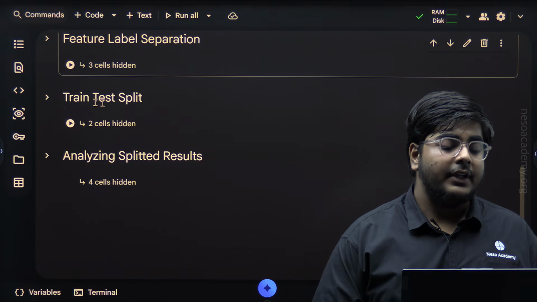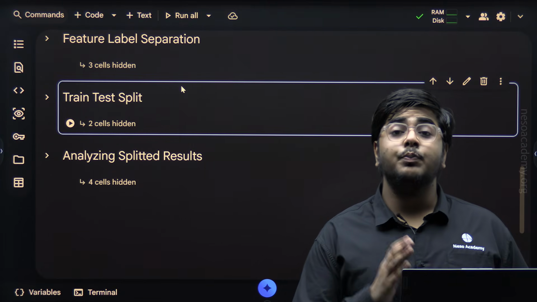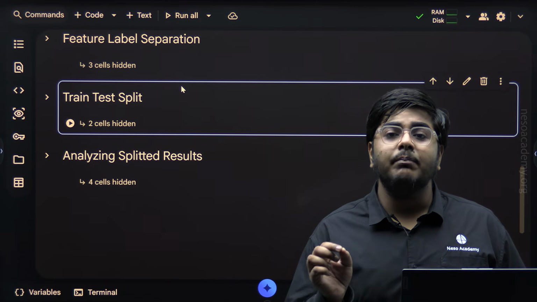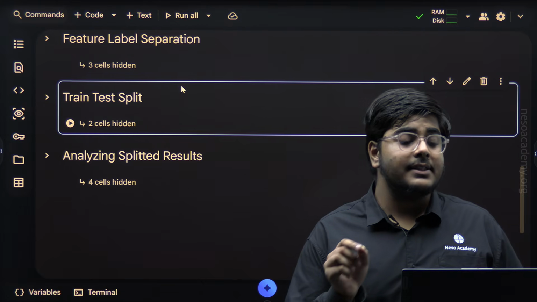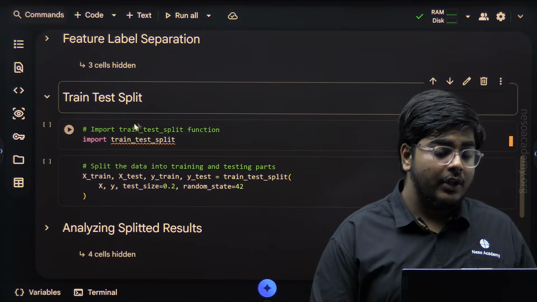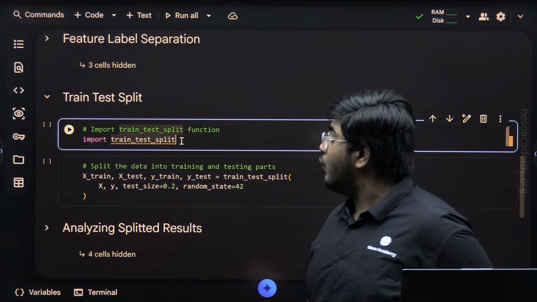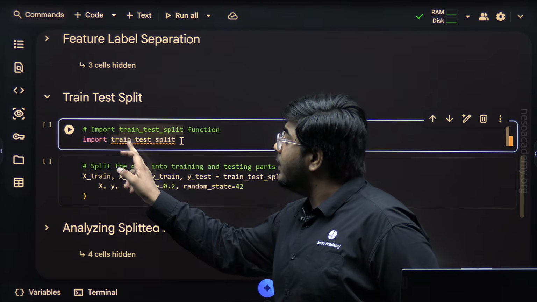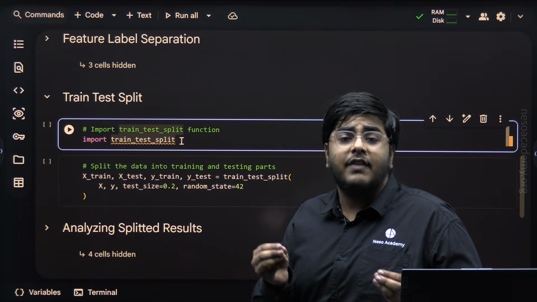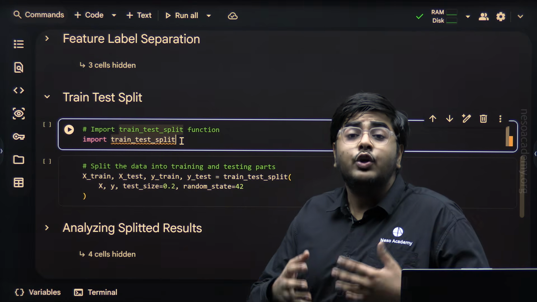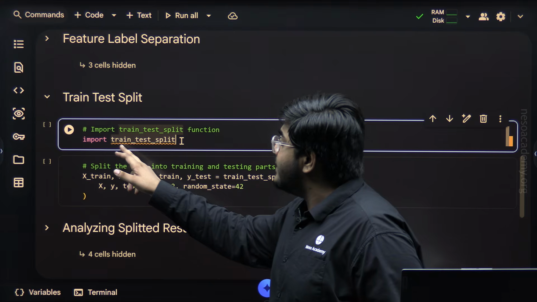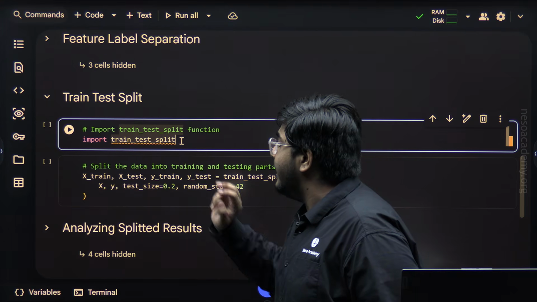Now we will perform train test split. To perform train test split or data splitting, we need to import a function named train_test_split. When I expand this section, you can see the first line of code that I have written is import train_test_split, which is a function that we need to import to perform the data splitting. But you can notice that there is a yellow line under train_test_split.